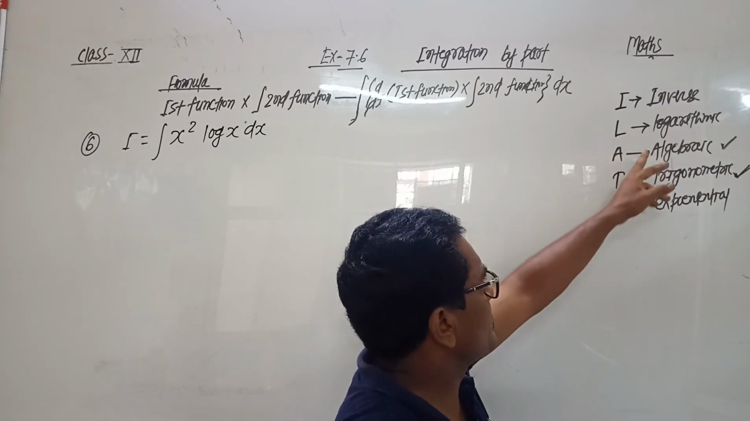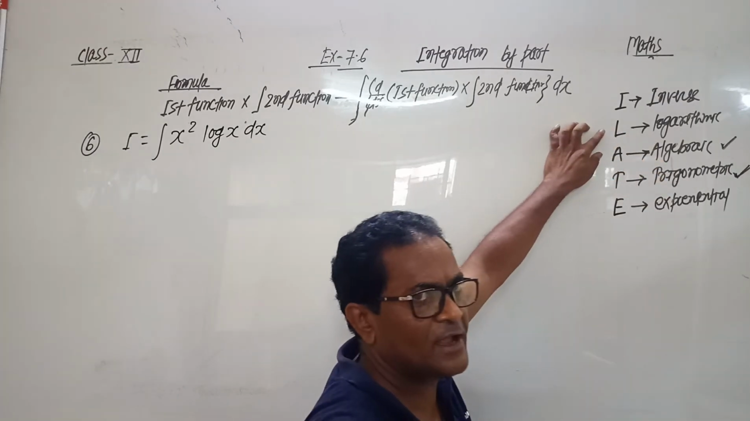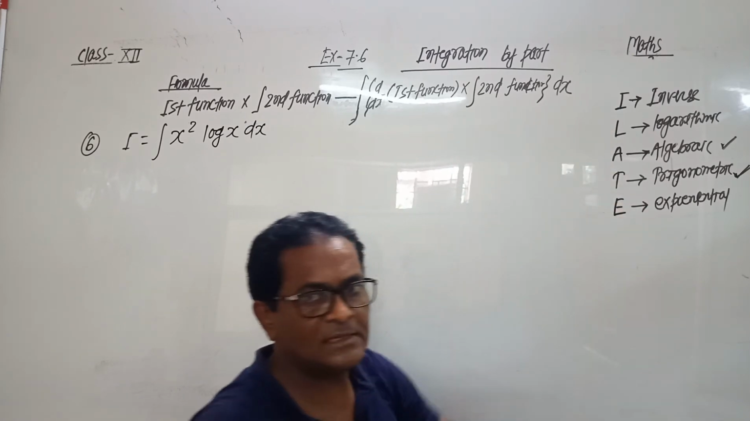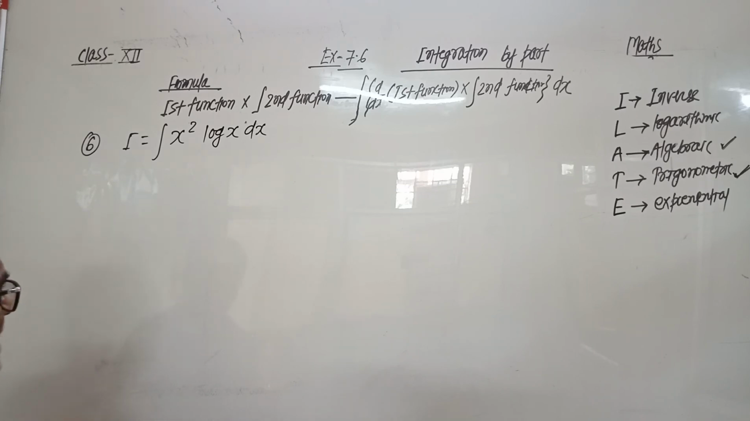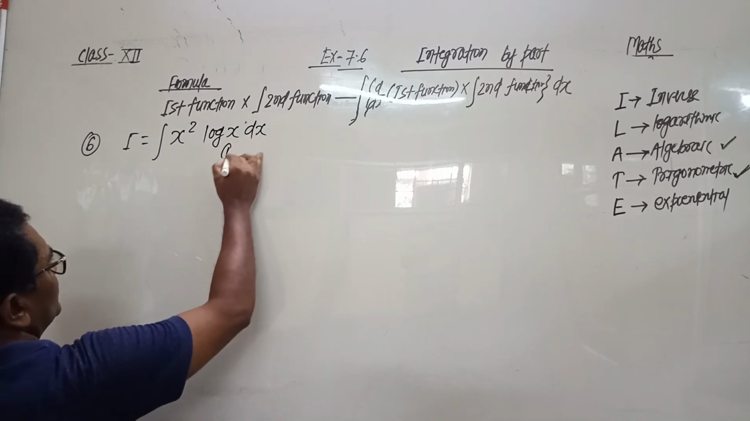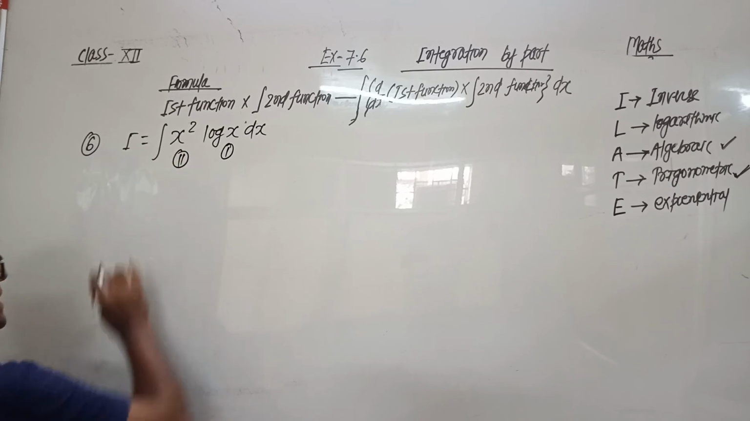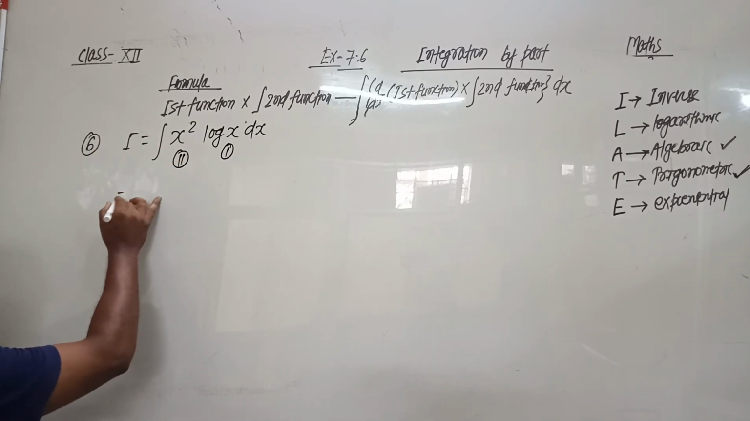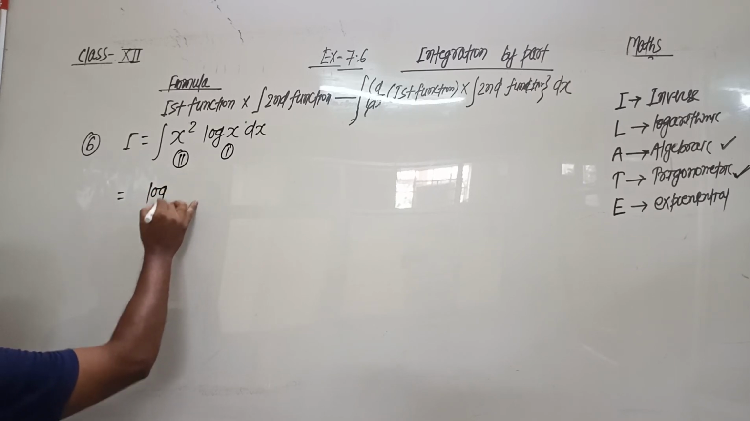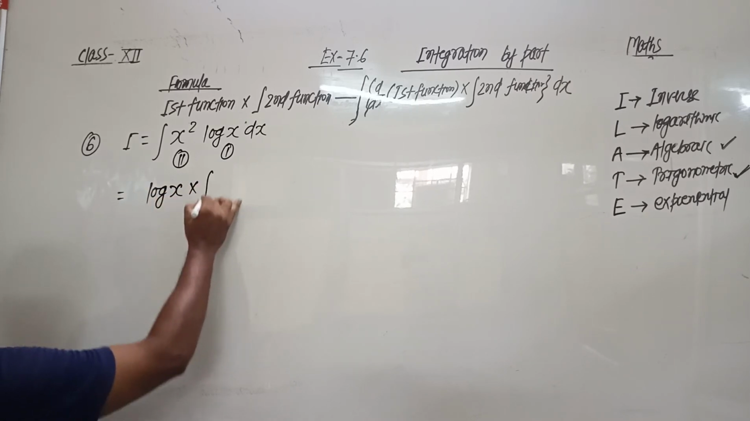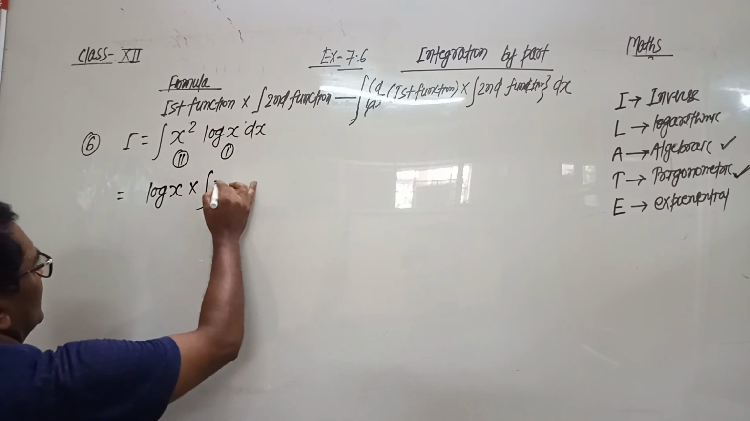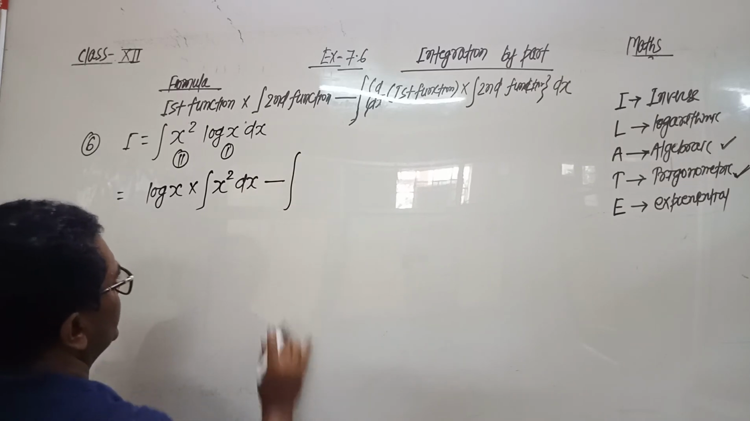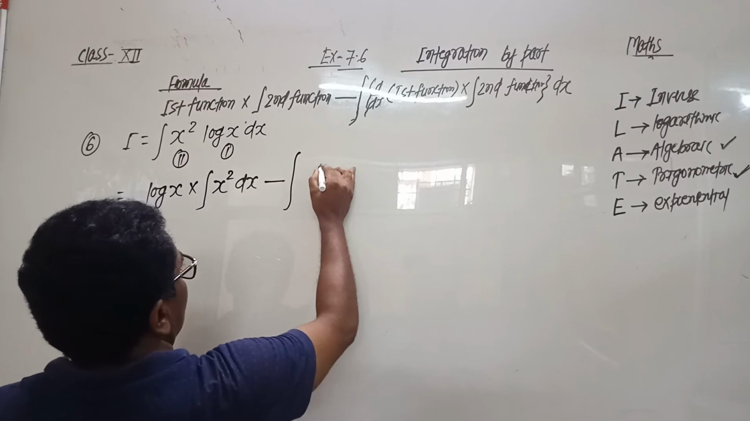From logarithmic and algebraic, the logarithmic function comes first, so it is taken as the first function, and the algebraic function is taken as the second function. So log x is the first function and x square is the second function. Now use the formula. First function, log x, into integration of second function, x square dx, minus integration of d by dx